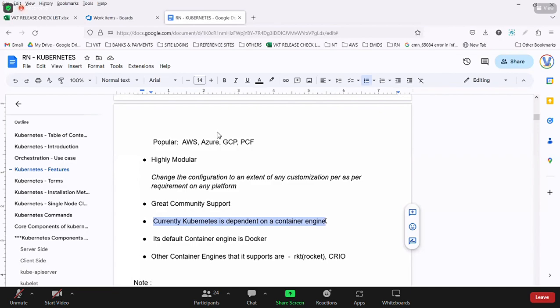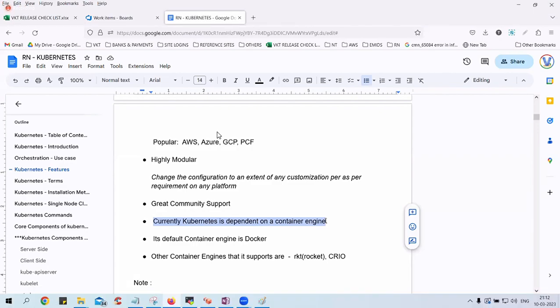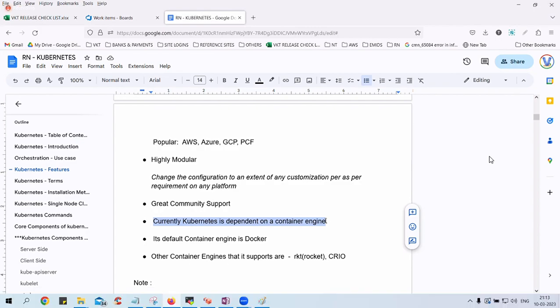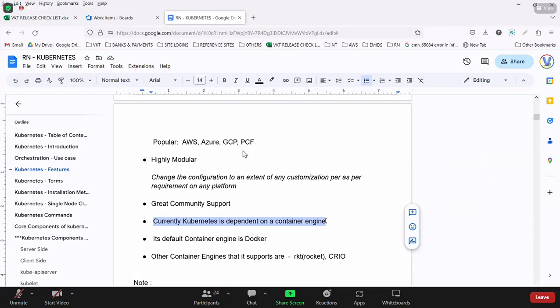So what does it mean? When you install Kubernetes, whether you like it or not, Docker gets installed because it works upon Docker. That is the reason people recommend you to learn Docker first before jumping onto Kubernetes. Are we clear why we want to learn Docker first? Okay. So Kubernetes is not independent as of today. It is dependent on its favorite engine, Docker.